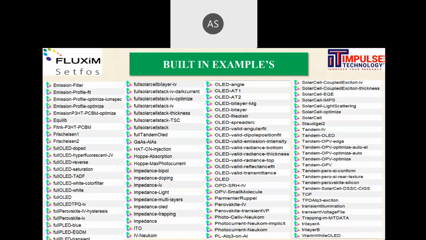So you can also take a reference from our library, which is created from reference papers and literature. This library, as you can see on the screen, covers solar cells, LEDs, tandem, perovskite, hybrid, and all-polymer solar cells as well.